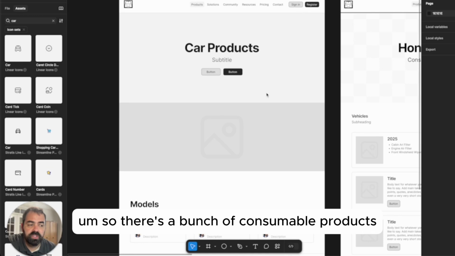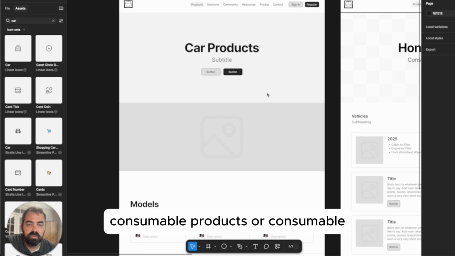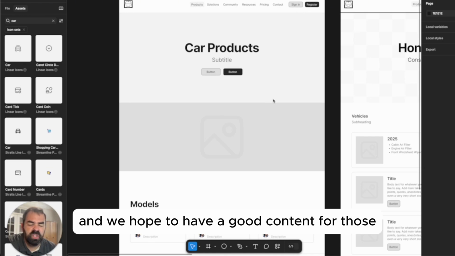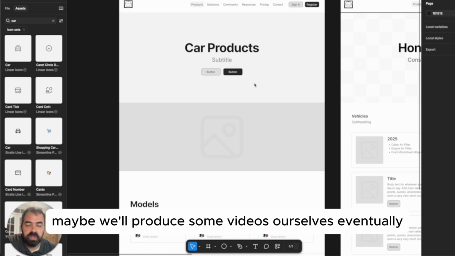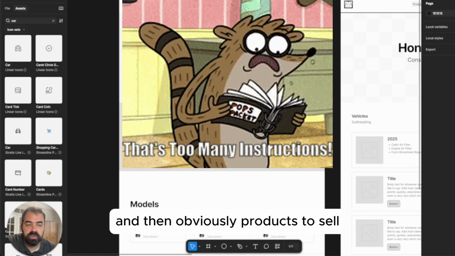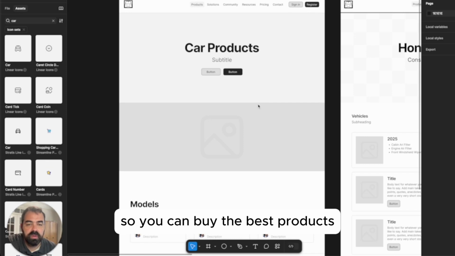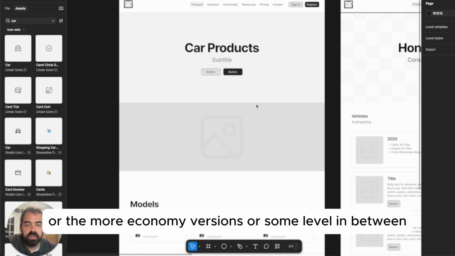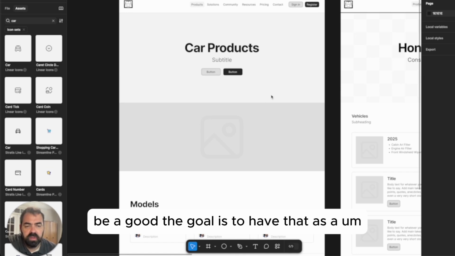There are a bunch of consumable products, maybe 6 to 12 consumable installable products on each car. And we hope to have good content for those, including links to videos. Maybe we'll produce some videos ourselves eventually, with detailed instructions on how easy it is, and then obviously products to sell, hopefully with a good, better, best product mindset, so you can buy the best products or the more economy versions or some level in between. So I think the goal is to have that as a